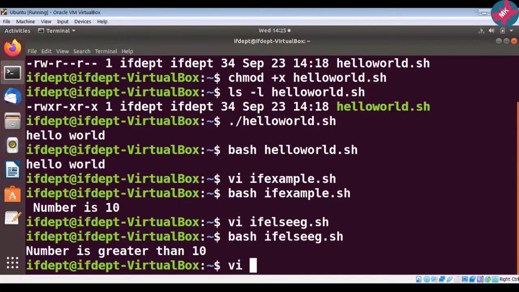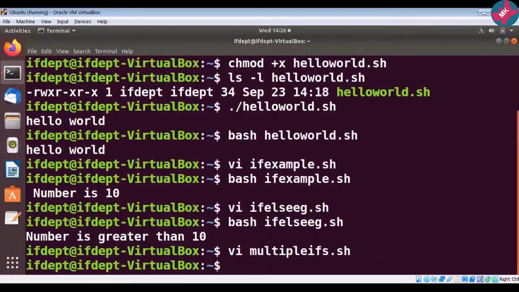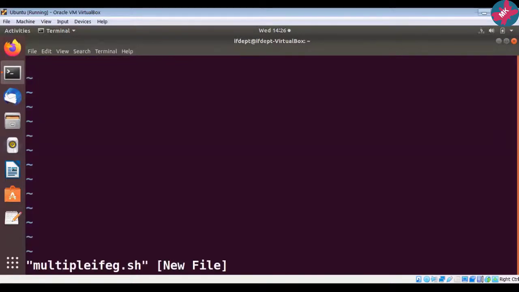So here vi, let us again try to go through this. I'll give it another name, multiple if example. Now I'll go to input mode and type num equals 0, or say suppose 10.